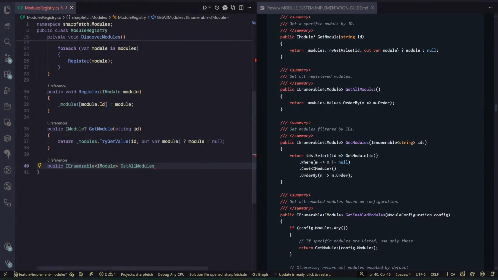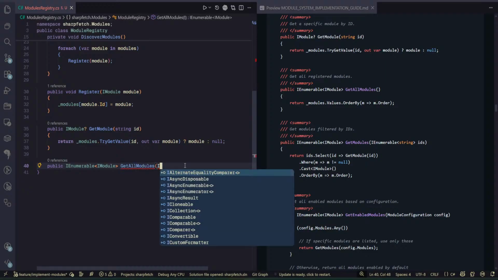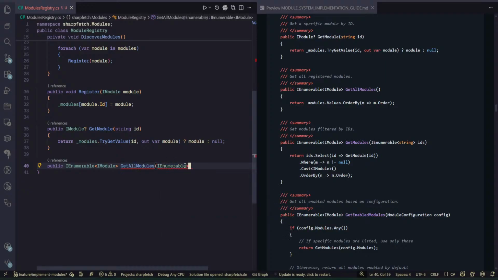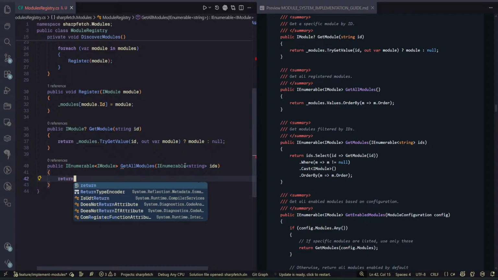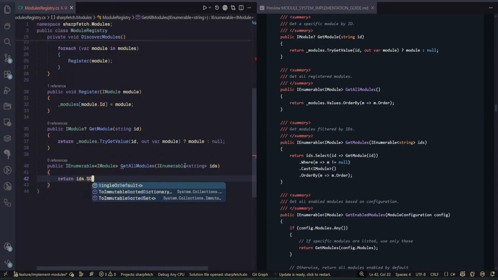Now let me check this, and yes. So get all modules, and this will be an enumerable of string, which will be the IDs. Let me remove this G from here, and then we will just run this query and say IDs that select